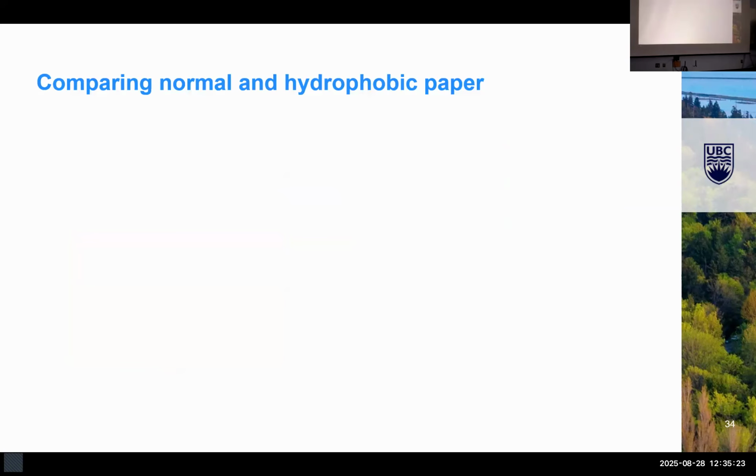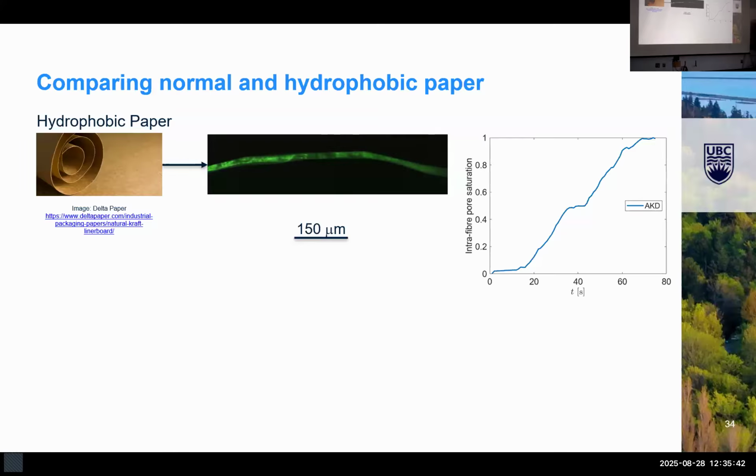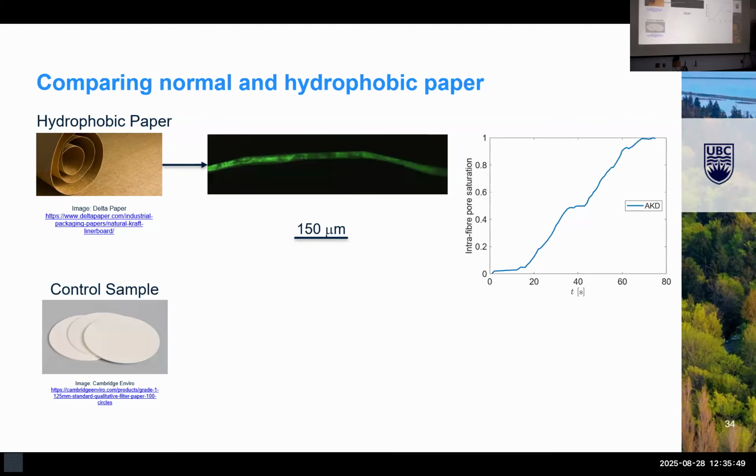So now we're equipped with this measurement tool. We can compare the normal and the hydrophobic paper to see if blocking these external domains slows down flow inside the fibers. Here's an example of a digitally isolated fiber from one of these hydrophobic paper sheets, and we can look at the saturation of the intrafiber pores over time like this. And then with a control sample of some normal filter paper,